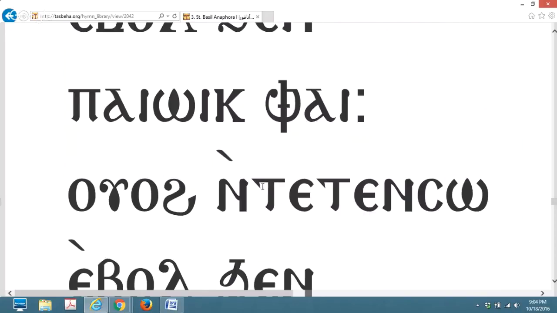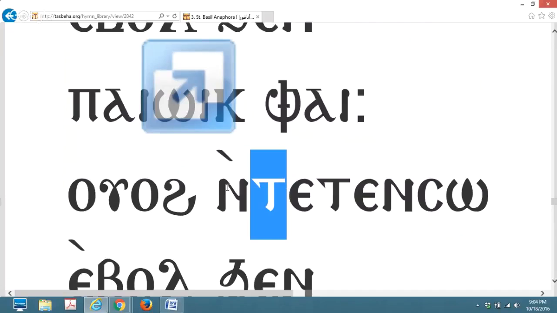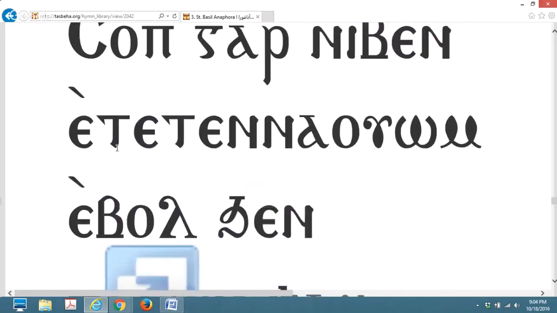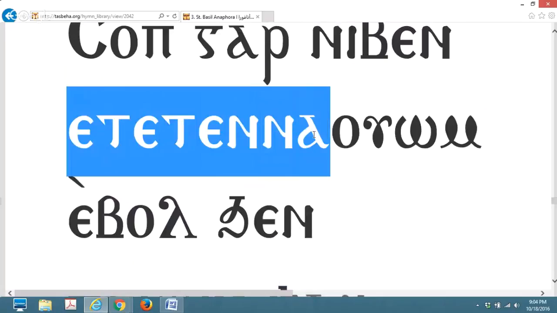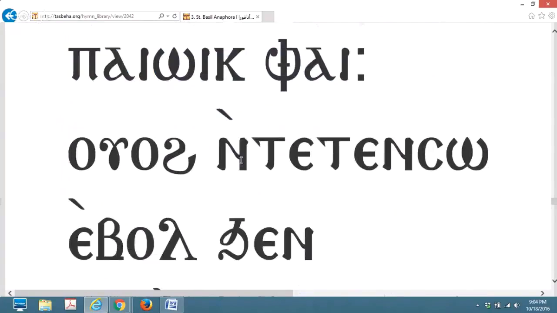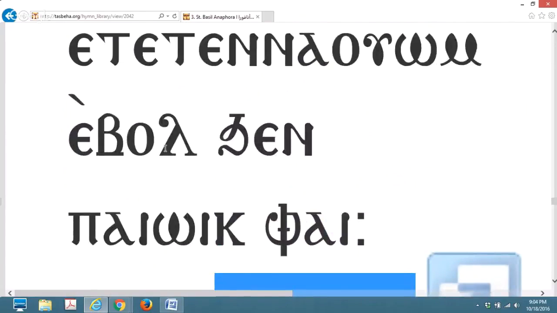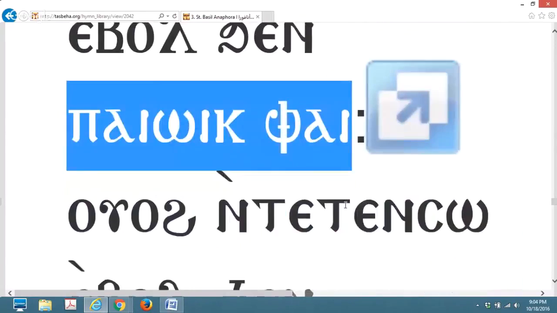So it looks like the present, but really it's the conjunctive because it has the ne in front of it. And it means it's going to continue the same tense, keep the continuity of this. So this is going to be the future tense. So when you translate it, it's going to be like the future tense. So for every time you'll eat of this very bread,